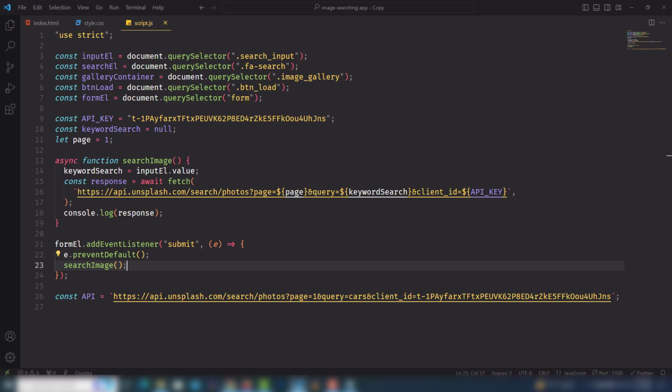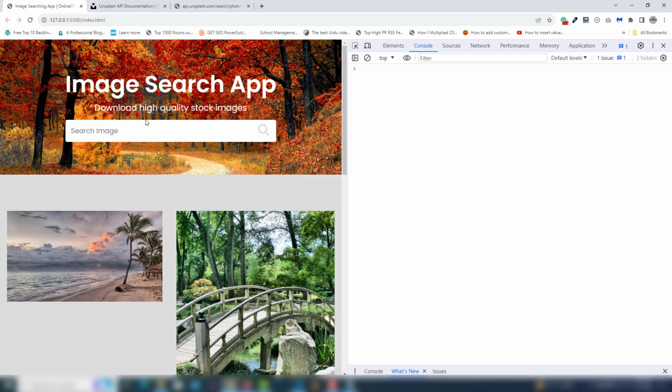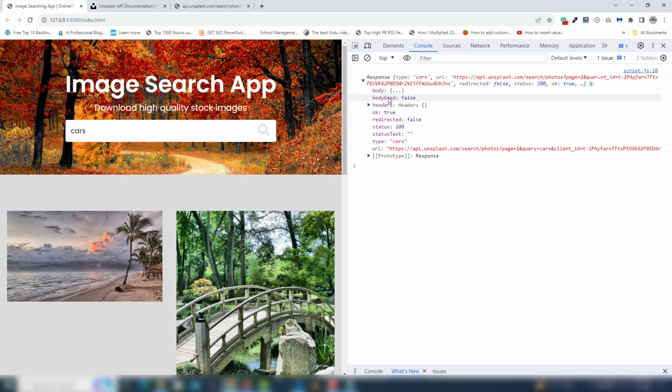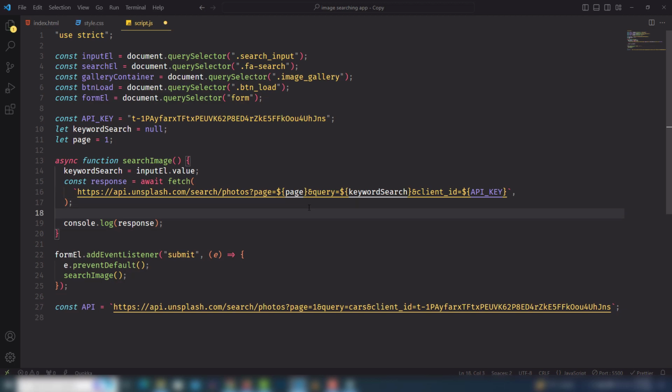Assignment line number 40. Okay, I need to change the keyword to select cars, hit enter. As you can see on the right side, you have received the data, but you need to convert it. This is a readable stream, so you need to convert it to a JSON format or an object format. So create a variable data, use await